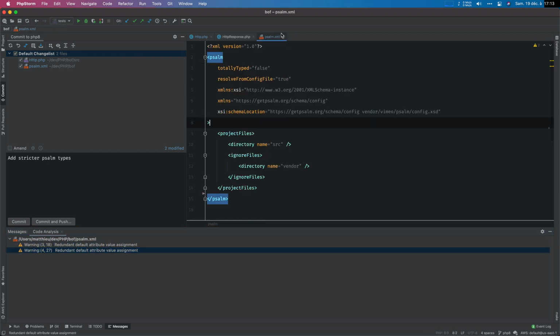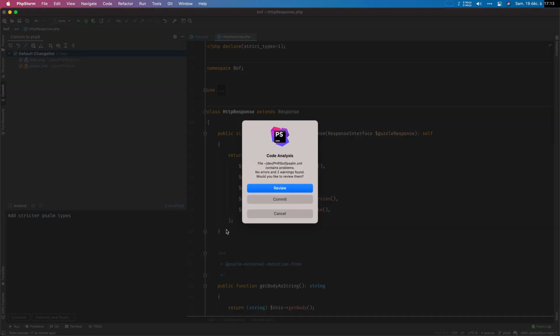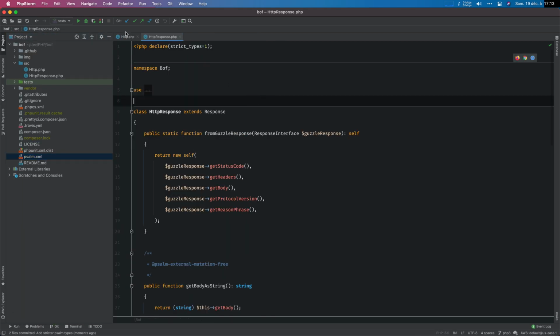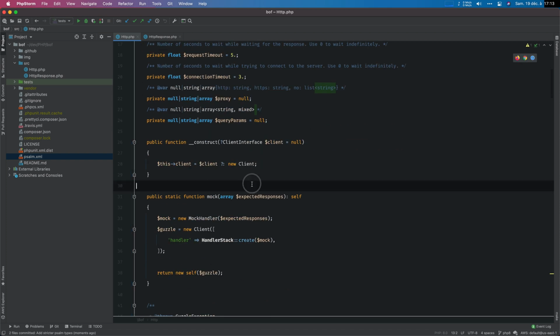We don't really care about that, sorry, but let's commit anyway. Now, is there anything we can use in PHP 8 or Psalm to make that a bit better? I'm not sure. So what we can do is go over